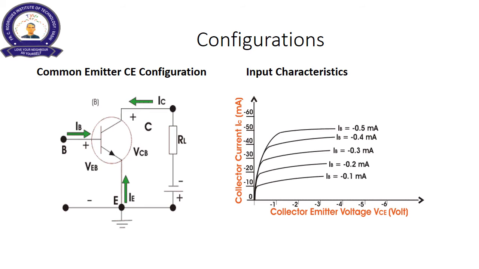Common emitter configuration, output characteristic. In the same way, here we maintain a voltage VCB constant, so that we can maintain a current IB constant across the input terminal. Plot the output characteristics by keeping the voltage VCE constant, varying IC and measuring VCB.